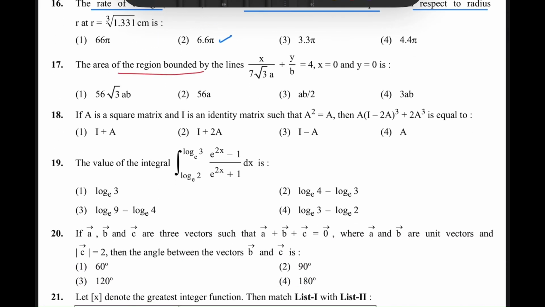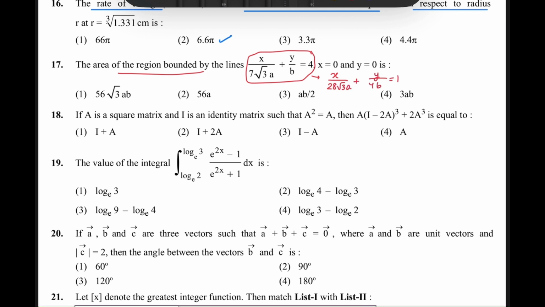The area of the region bounded by these lines: x equals 0 and y equals 0. These are just the coordinate axes. Okay, what about this line? So we have to convert it into intercept form: x upon something, y upon something equals 1. Okay, I have to divide by 4 both sides. So divide by 4, divide by 4, divide by 4. What you'll get is x upon 28 root 3a plus y upon 4b equals